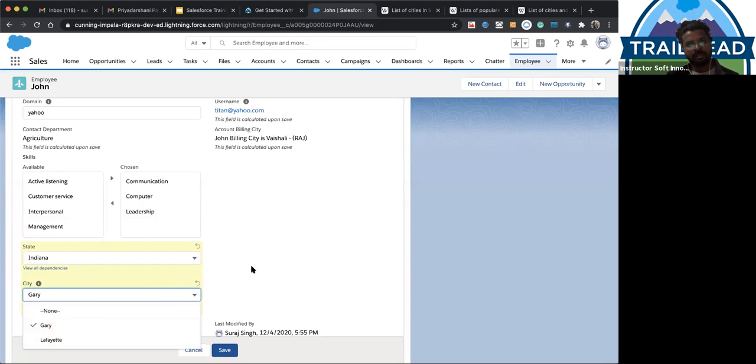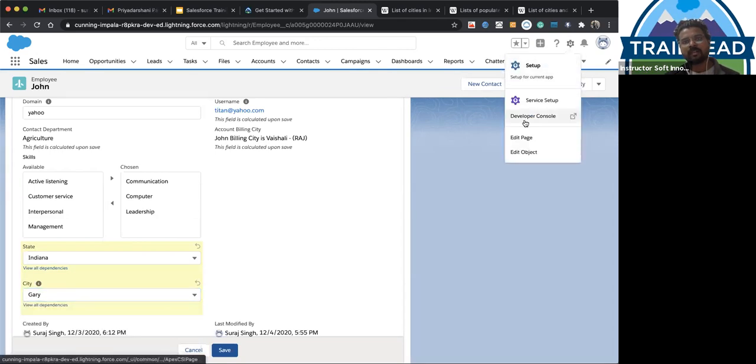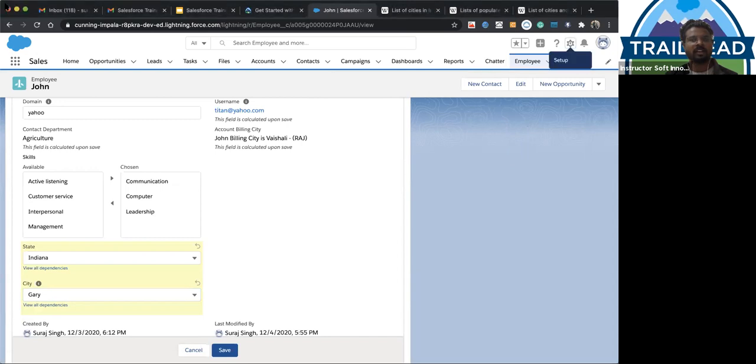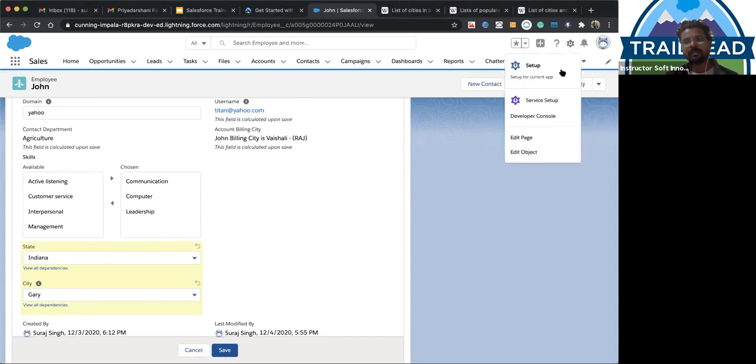Similarly, if you want some pick list values to depend on another pick list, then we have an option called dependent pick list. As I showed you, you just go to any of the pick lists and create a new field dependency. In the field dependency, you choose the controlling field and the other dependent field.